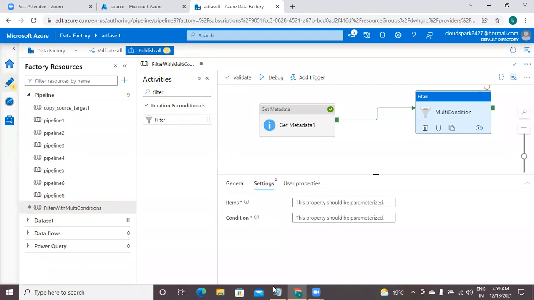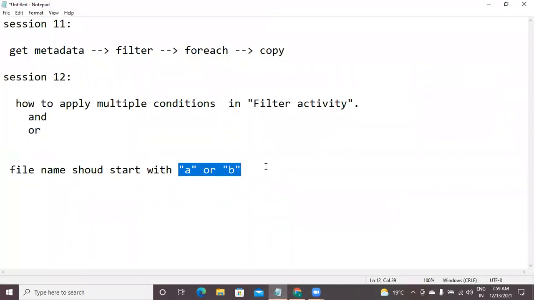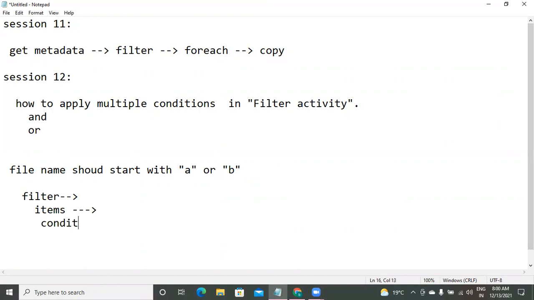Items and condition, 2 things. There are 2 options. One is items. Second one is condition. So here you are giving the filter criteria. And here you have to give